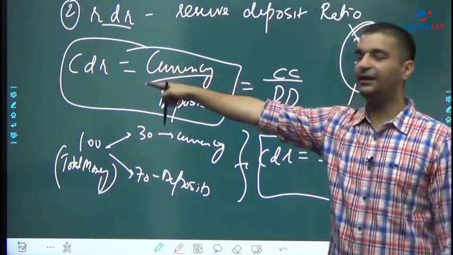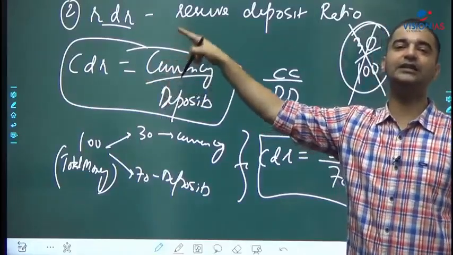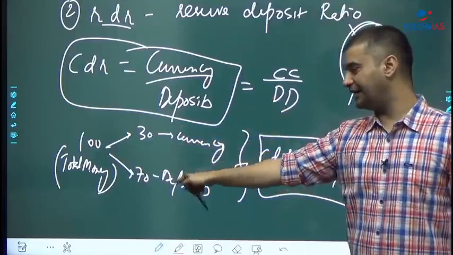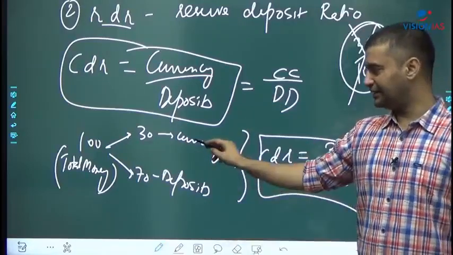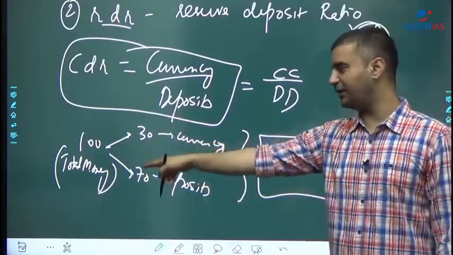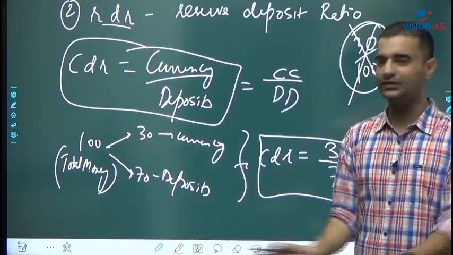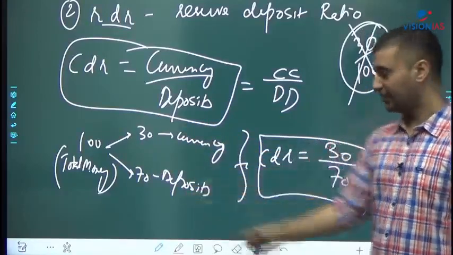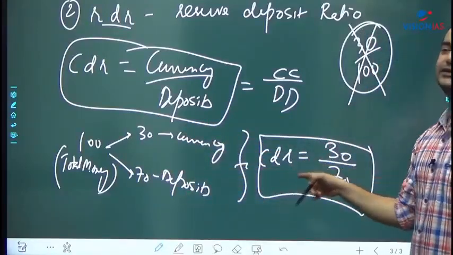Just read the ratio: currency to deposits, currency divided by deposits, currency in circulation upon deposits. 30 upon 70. Not 30 upon 100, not 30 upon 40, but 30 upon 70. CDR, the currency to deposit ratio,